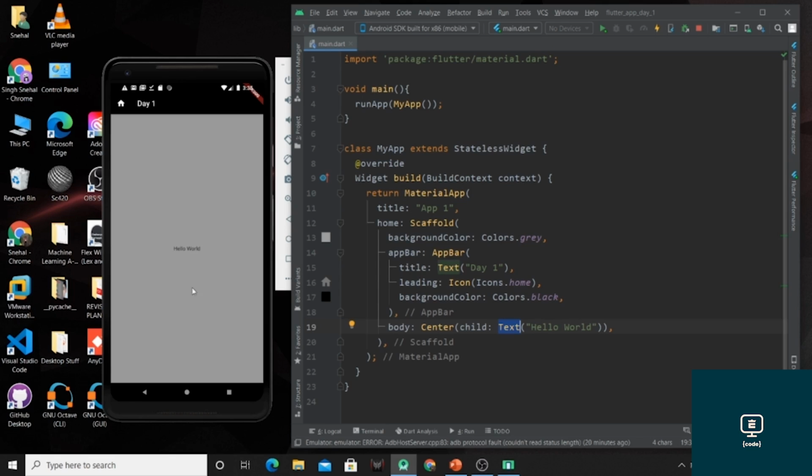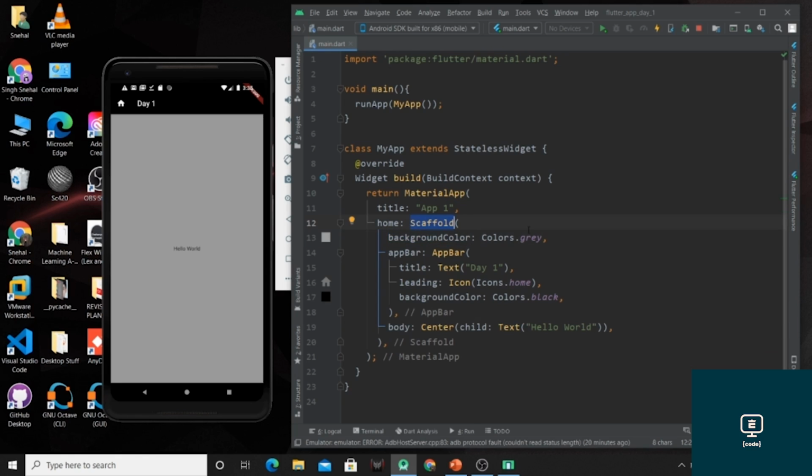We can also change the color of this text by using the style property. So I will explain this property in the later part of this video. So this was a fifth property of this scaffold widget.